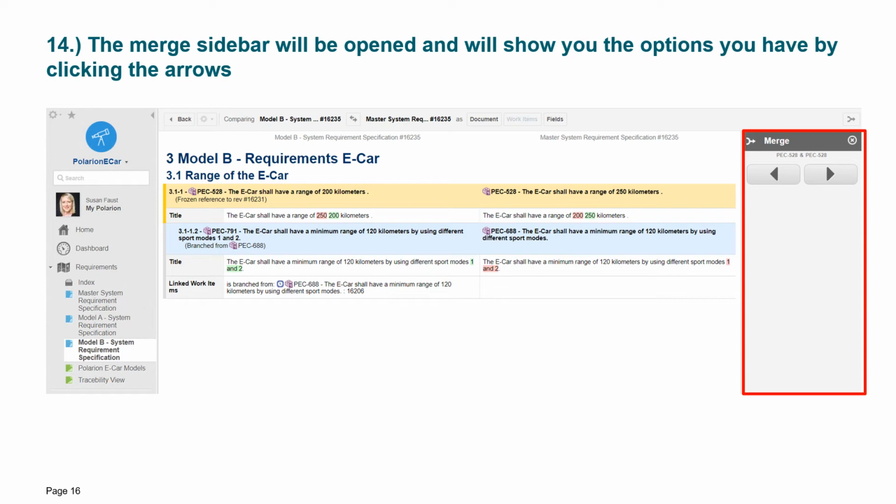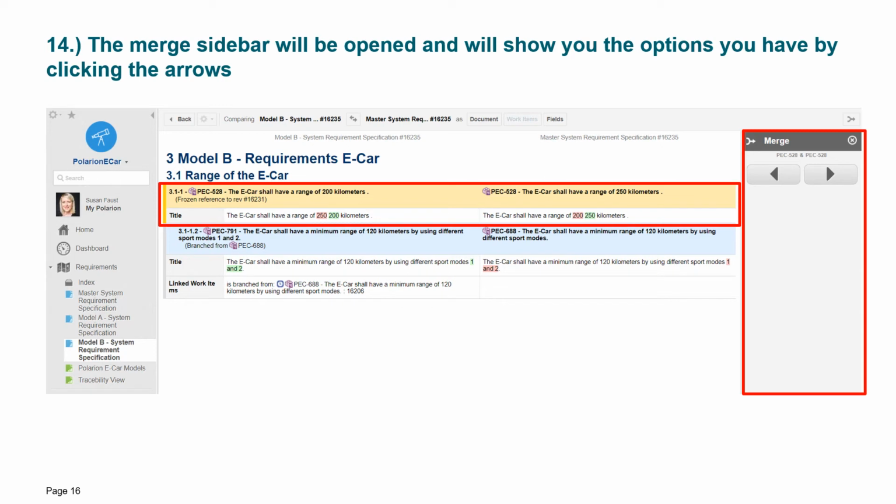You only have to click on one of the work items, in this case, the first work item, the requirement of the distance range. So remember, in the master system requirement specification, your colleague has made a change from 200 to 250 kilometers. But as you might remember as well, you have frozen this requirement. So that means all the changes of this requirement in the master system requirement specification won't affect this requirement in